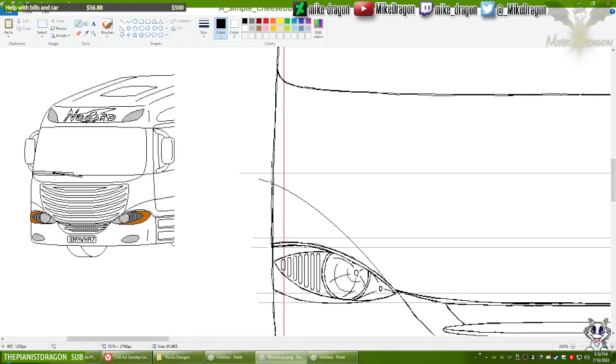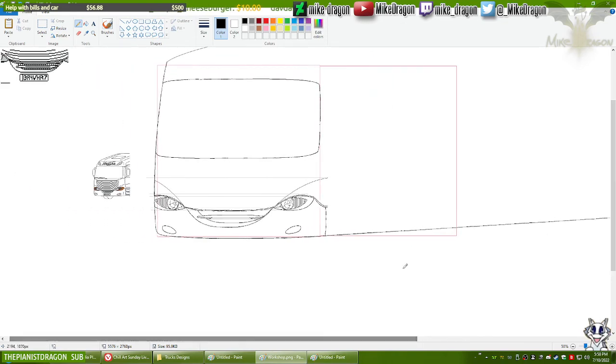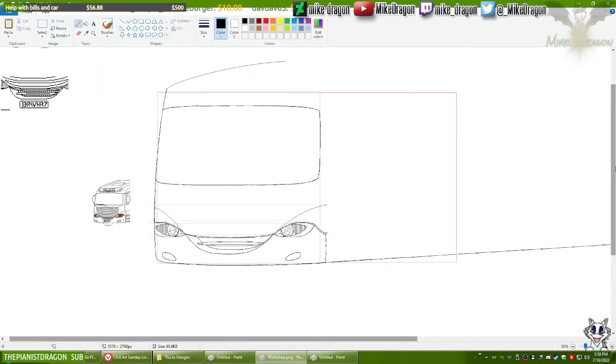Let's remove this excess. No. The truck is starting to take shape. I like it.